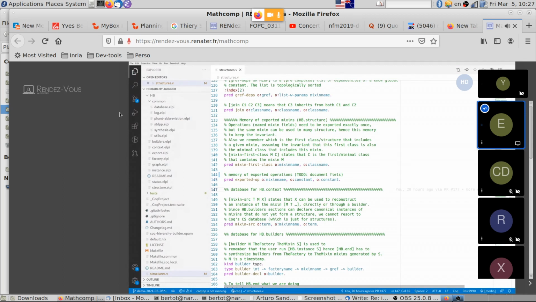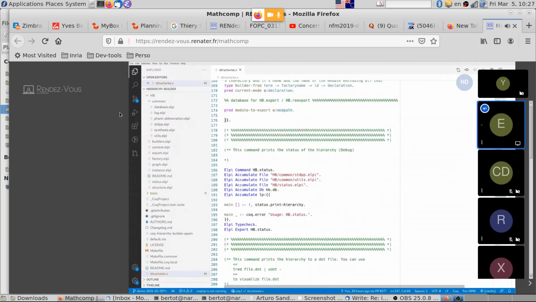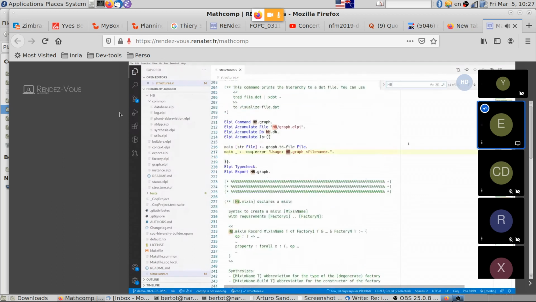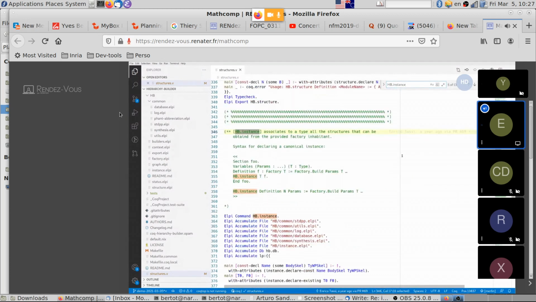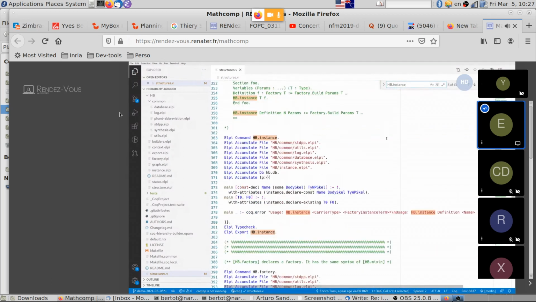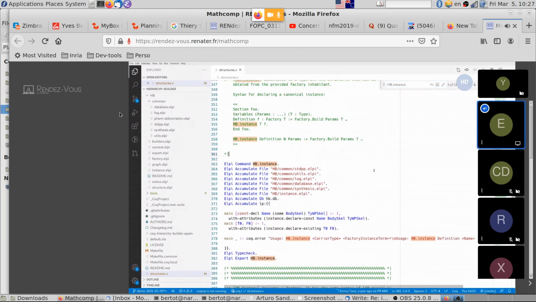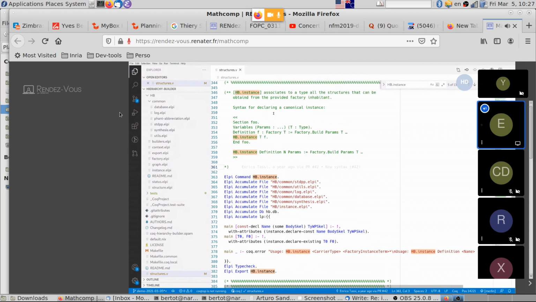Okay, so the next thing I wanted to show you was, I think it was this one. I will just look at the code of this command. As you can see, there are two concrete syntaxes for declaring instances. One that is the most widely used is the one where you pass to this command a definition,